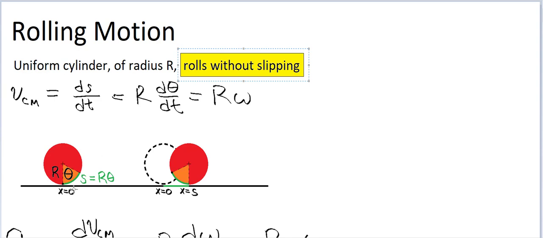Instead, this point here is in contact with one point on the floor and won't be in contact with the floor again until this thing has rotated a full 360 degrees. So I've sketched a little arc segment of angle theta,